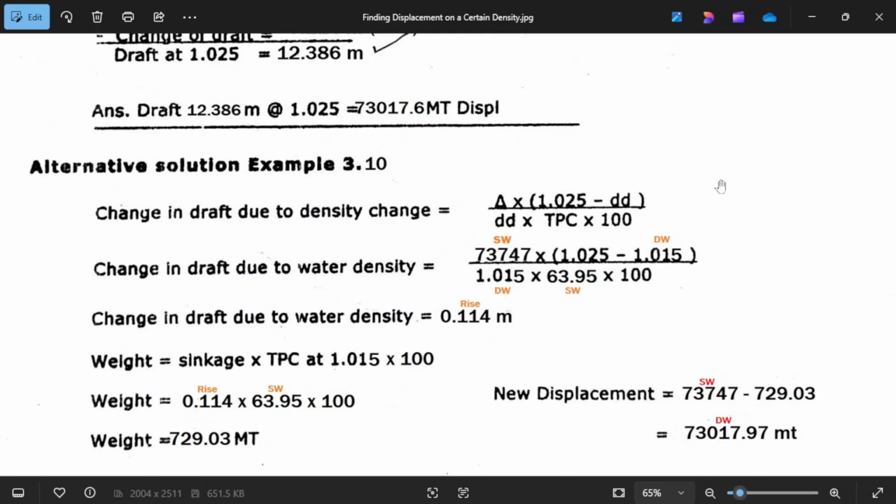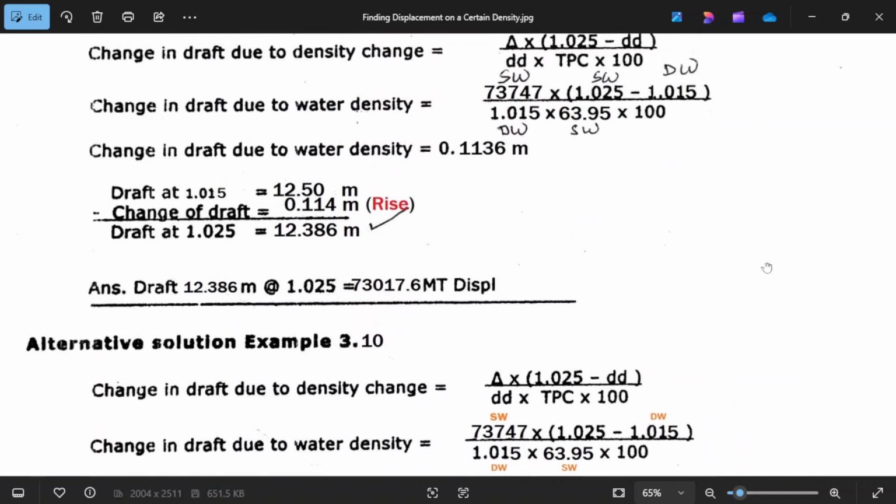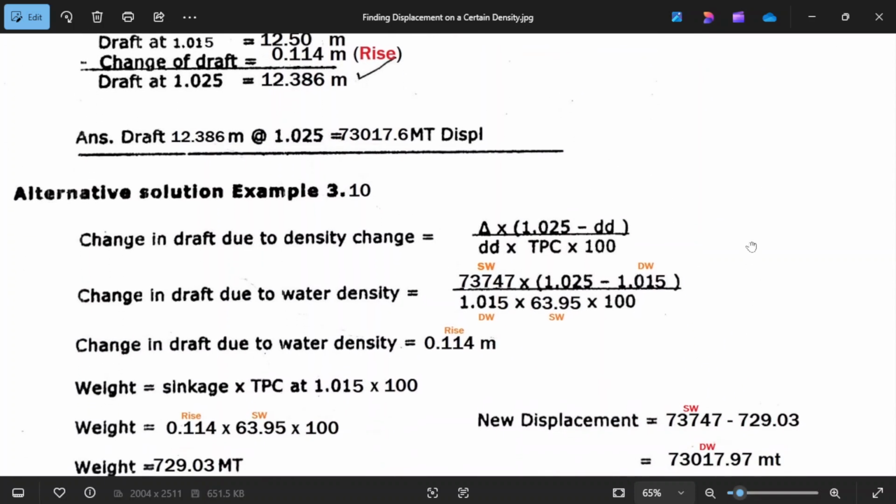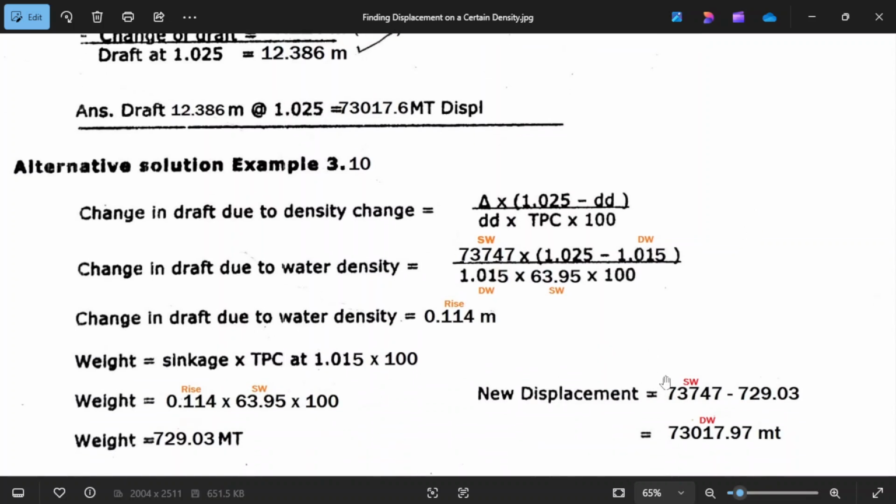This is the new displacement of 12.5 in salt water. See, the displacement of 12.5 minus your weight, this one minus this one, because you convert this one from centimeters to weight, which is 729.03.